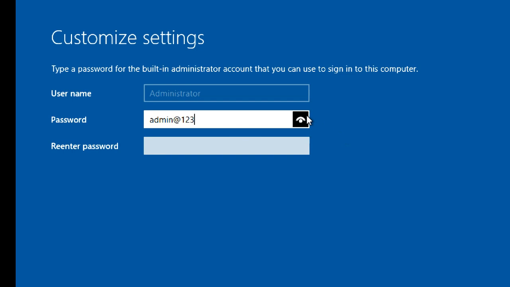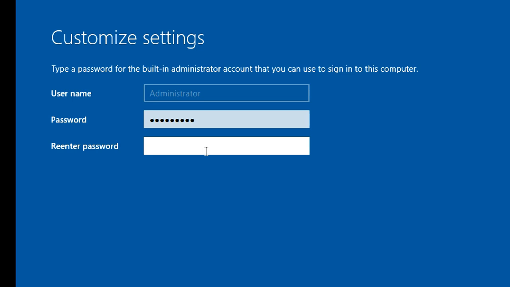Always give one or two types of passwords only, like admin@123, Vedic@123, ABCD@123, or a common password which you remember, mainly for the server. For starting, you may get a little confused because it's very new for most of you, so it's better to give a simple password.